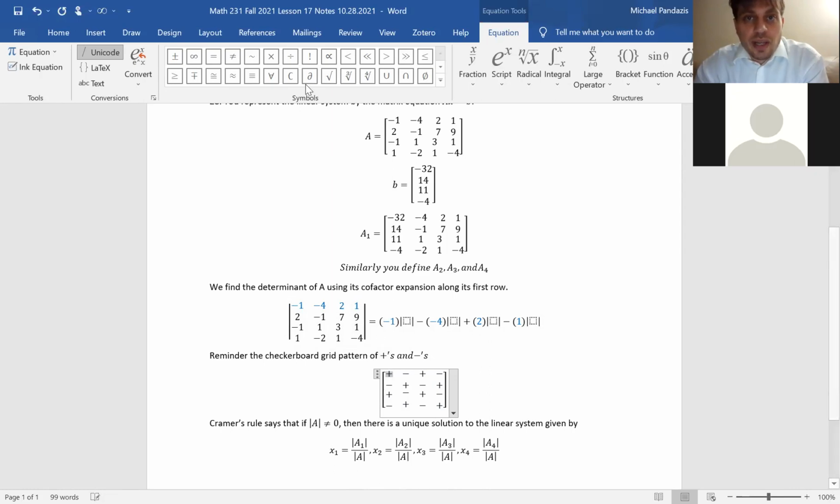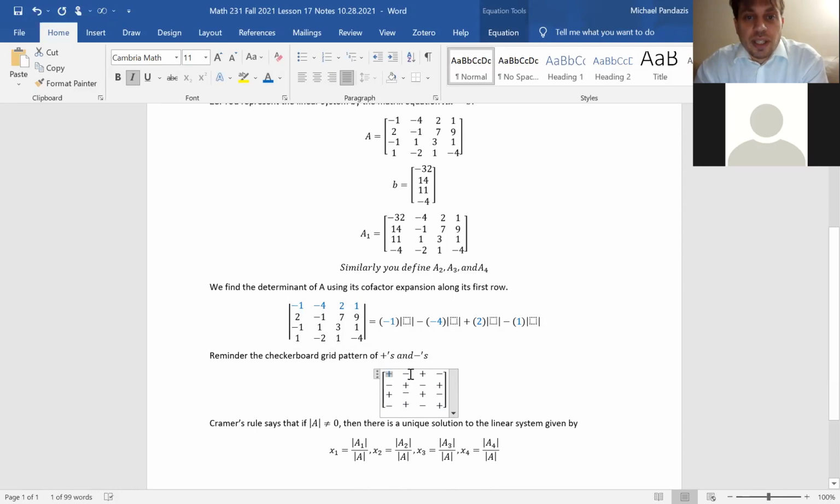And so it's not because the terms are plus or minus, it's because of the pluses and minuses in this grid. So we do the first row. The first term is positive, the next is negative, the next is positive, the next is negative. Right? The first term does not have to be positive. If we chose the second row, then the first term would be negative. We'd alternate from there. But in the first row, the first term is positive. So it's positive -1 times that determinant minus -4 times the determinant plus 2 times the determinant minus 1 times